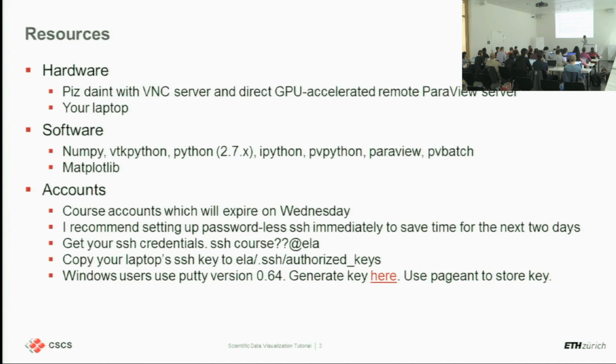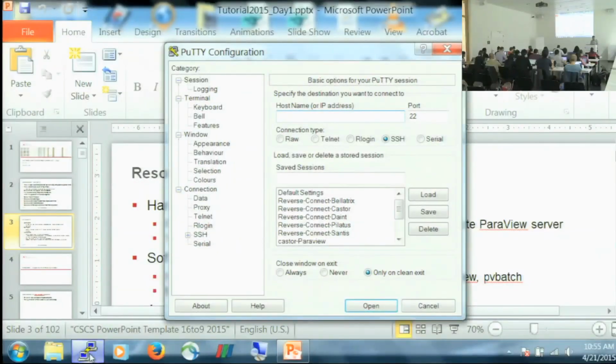Windows users, by the way, into my presentation. It's time to tell you where the presentation is. However, we need access to the computer. So that's the first thing to do. You need to SSH with your course account. That's the first step. I stop talking until you have done. And then I will add the path to